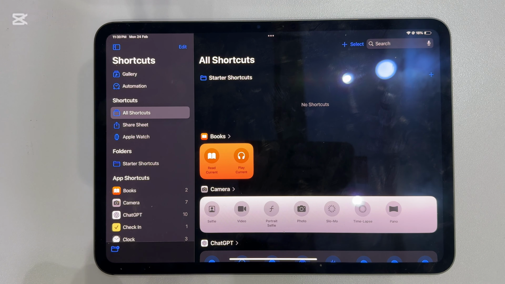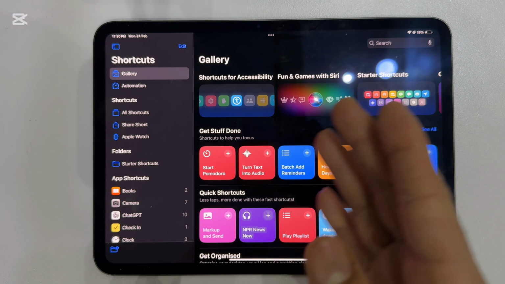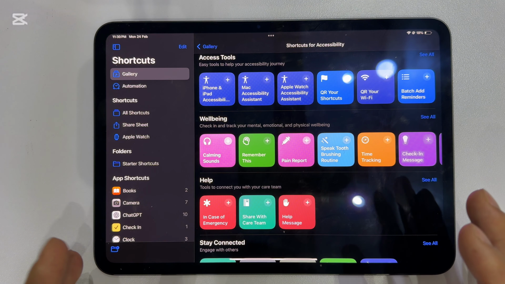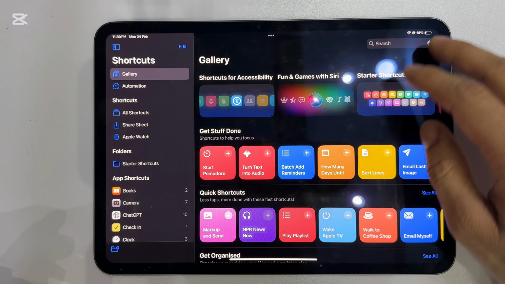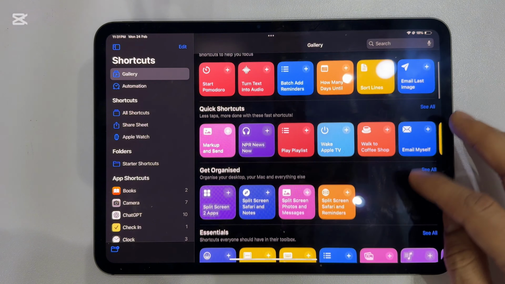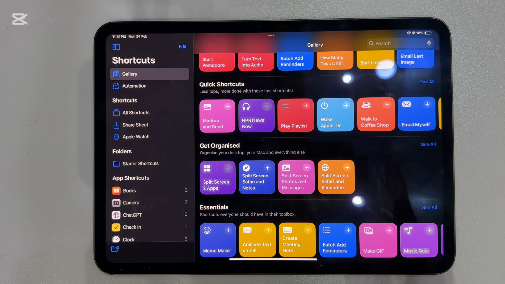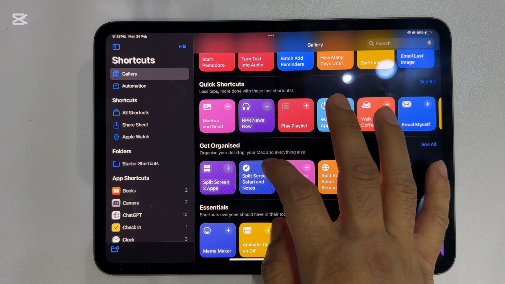Let's get into some more fun stuff. If you click on Gallery, you will notice you have a gallery of different options to choose from. Say, for example, in the Gallery we have the shortcuts for Accessibility. If I click on this section, I have all the options which I can add to the shortcuts. Say, for example, let's try to do something fun. I'm in the Gallery and Get Organized is a category. From Get Organized, I'm going to choose Split Screen Safari and Notes. If I click on this plus